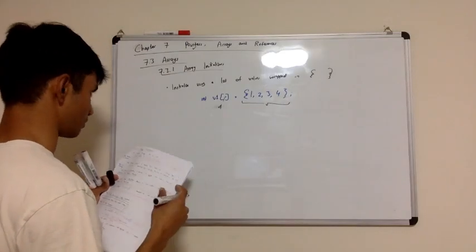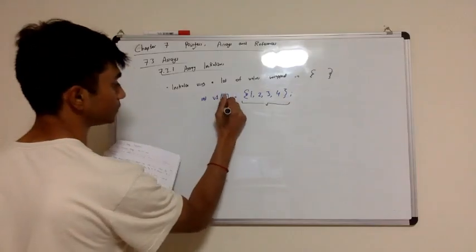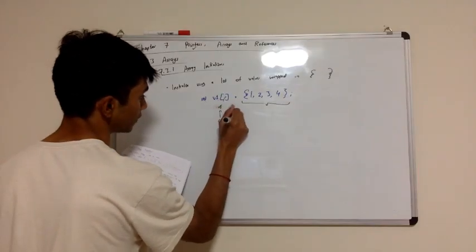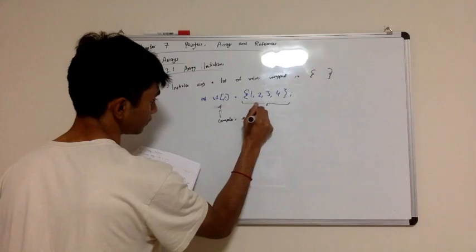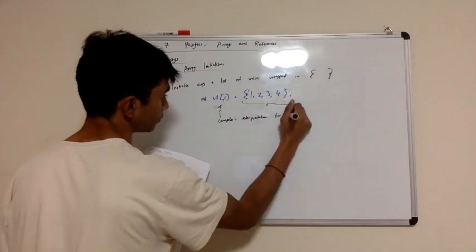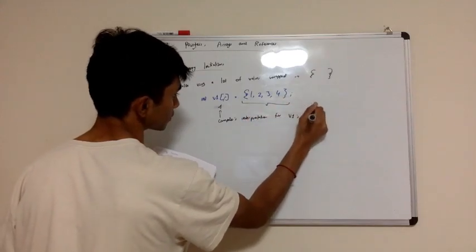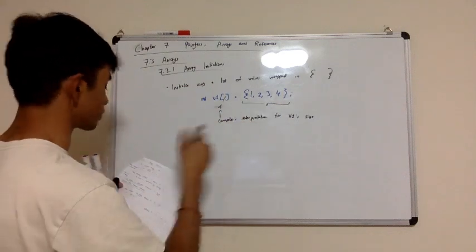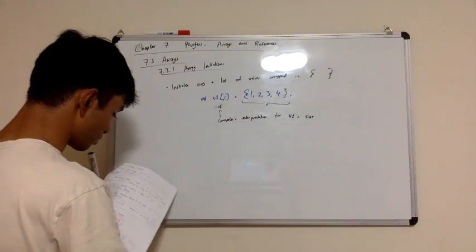Yeah, so I won't bother writing that. But essentially, this is the compiler's interpretation for v1's size based on the initialization value. Now, if a size is provided,